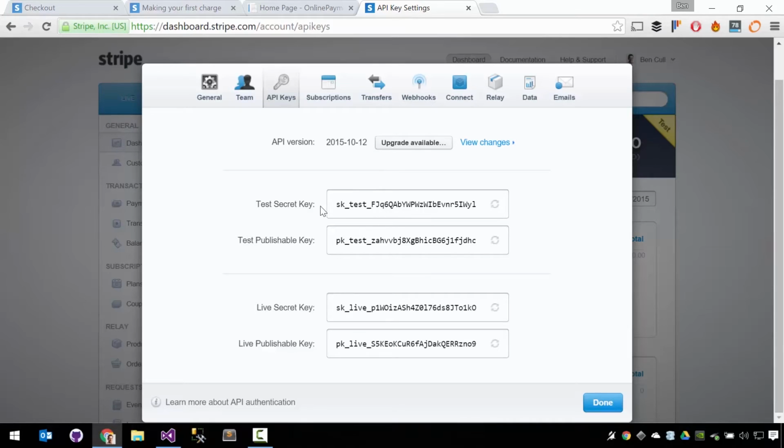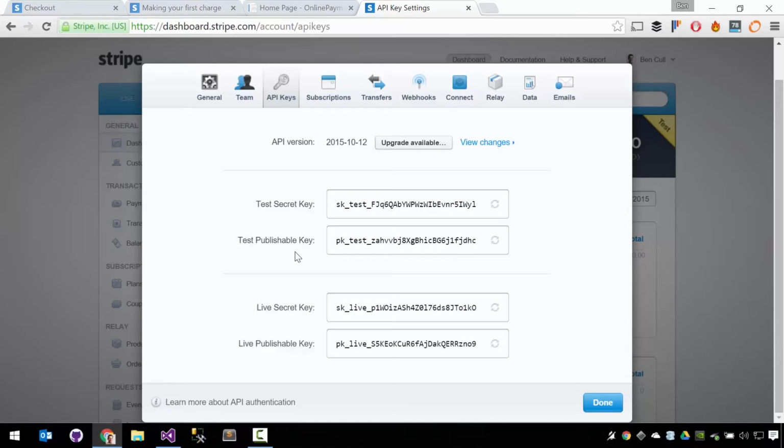And this is if you want to make test payments like we did before with the 424242 cards. And if you want to start using live things, you need to use the live keys. Now, in each of these environments, you've got a secret key and a publishable key. And the difference is publishable keys can be given to the client, the browser, and all those sorts of places,